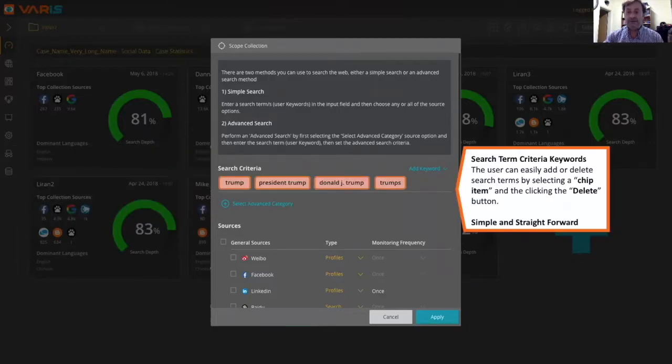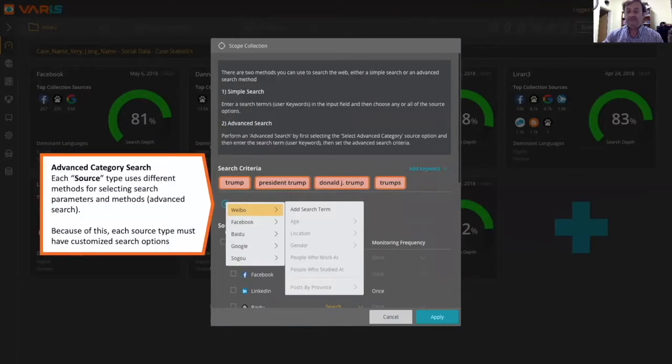The user enters keywords or multiple keywords in the search criteria input field. The analyst can then add complex queries according to different conventions used by each social network or engine. This view was designed to provide the analyst with a generic way of creating complex search queries regardless of target source. As each social network and search engine employs different query architecture, we had to find a way of making the experience unified. I used the drop menu to keep it clean and ensure the user does not need to